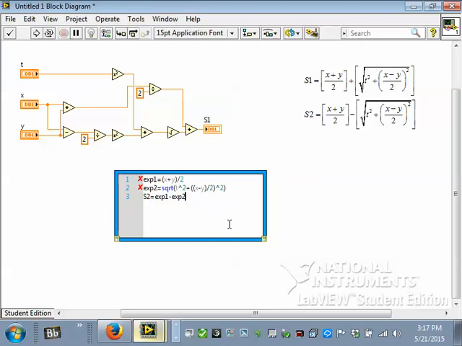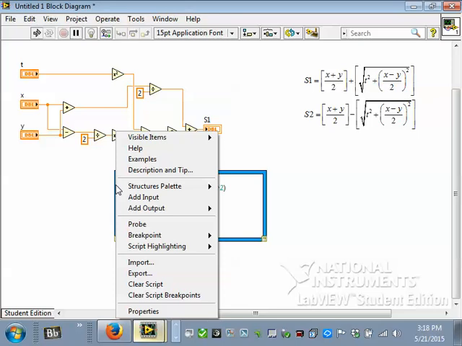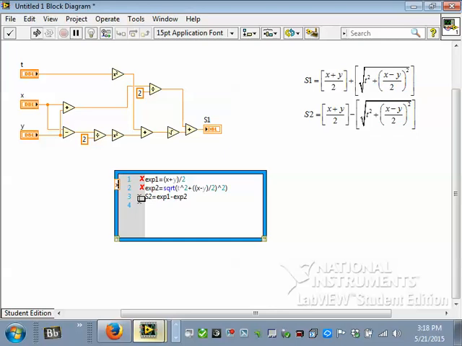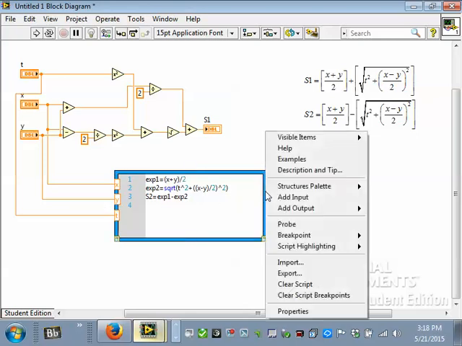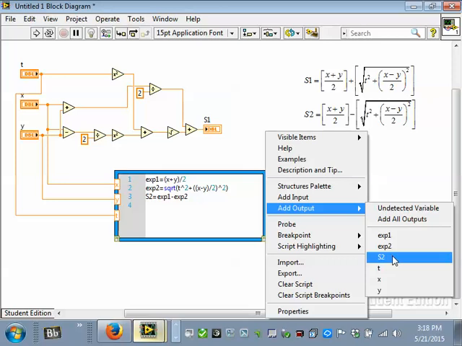I have to hook these up now. So I've got some code in this box that should work, except that x and y and t haven't been defined. So what I do is I right click on the frame on the left hand side and I choose to add an input for x and add an input again for y and add an input again for t and wire them up. The little x's here have disappeared now. We have red x's here indicating that the equations didn't work because x and y and t hadn't been defined, but now they are. Now I just need over here to add an output and add S2 as the output,